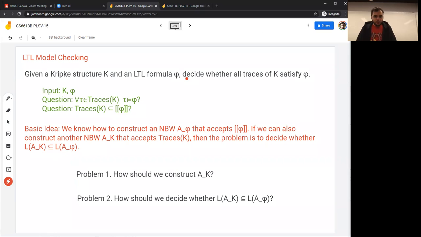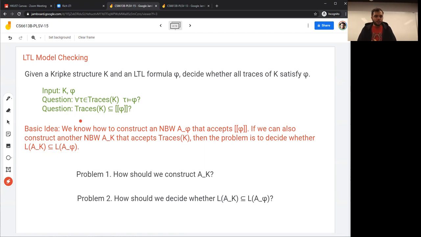In this session, we're going to mostly take an automata approach to this problem, because in the previous sessions, we already saw how you can translate the formula phi to a non-deterministic Büchi automaton. So for the formula phi, there is a non-deterministic Büchi automaton. I'm going to call it the automaton of phi, and it accepts exactly the set of traces that satisfy phi. Now, the idea is that if we can somehow construct another non-deterministic Büchi automaton that accepts the traces of K,